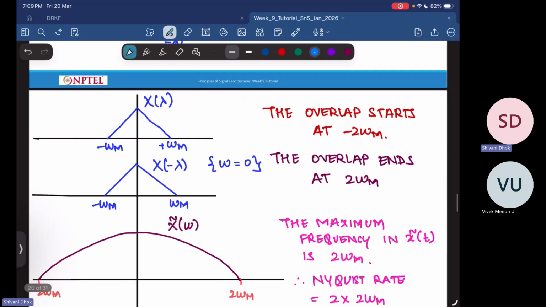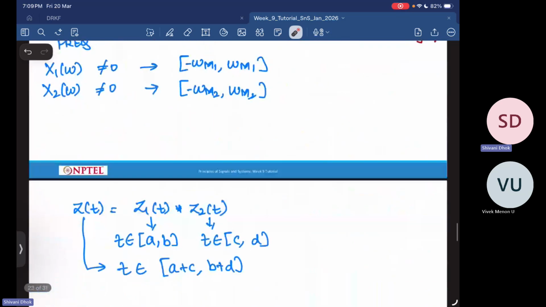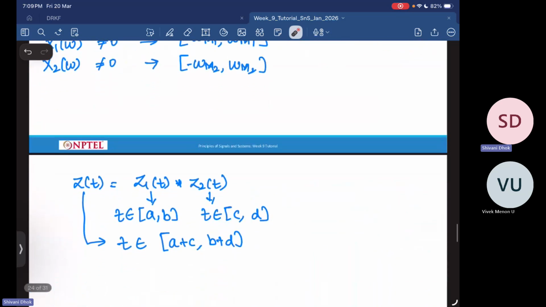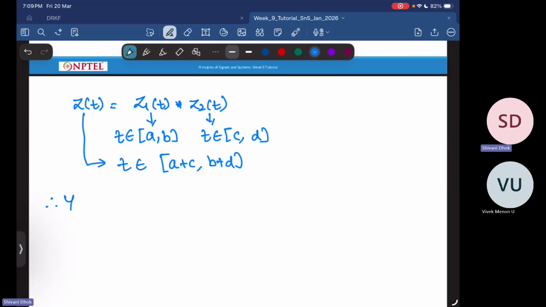When your first signal lay between minus omega m to omega m, and the second signal also was between minus omega m to omega m, the convolution was between minus omega m plus minus omega m, that is minus 2 omega m, and till omega m plus omega m, that is 2 times omega m. Same thing, but now you are having it in more specifics. So therefore your y2 of omega is non-zero